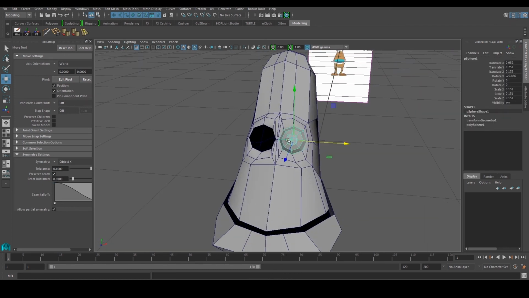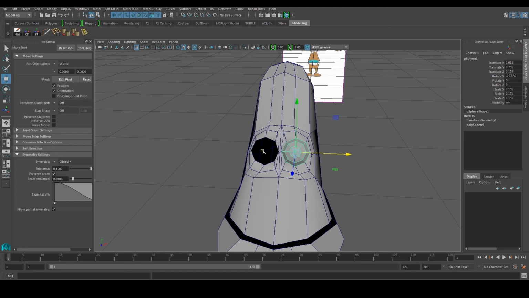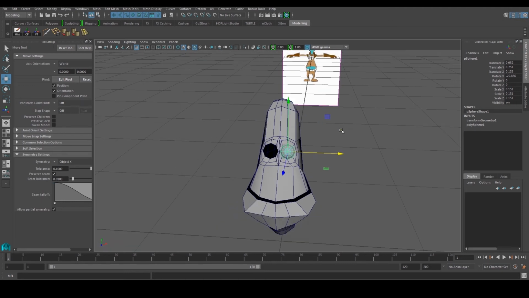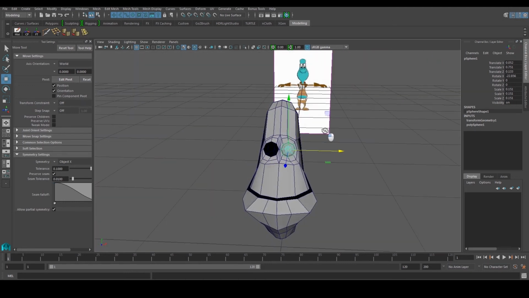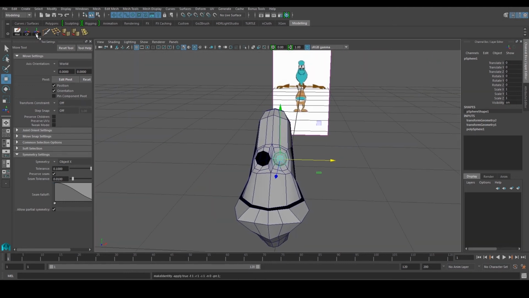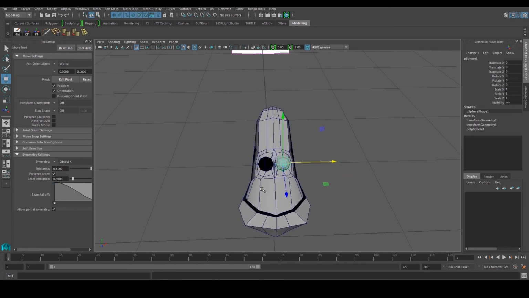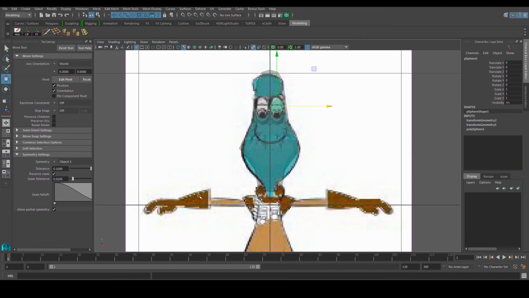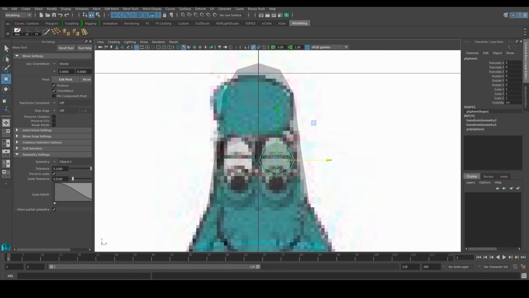Alright, what we can do is we can start to duplicate this guy to the other side. But the thing is that I have all of this over here which has all these very funny numbers, and what I can do is I can just freeze the transformation for now. Alright, let's go to the center over here.